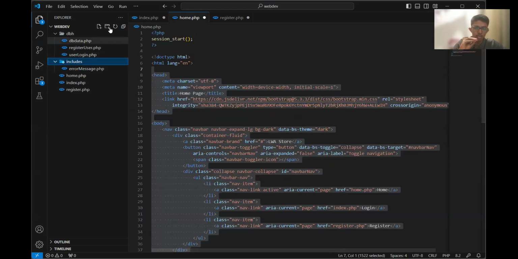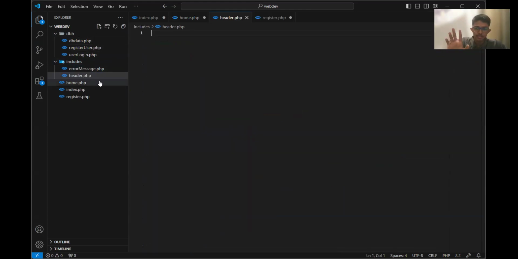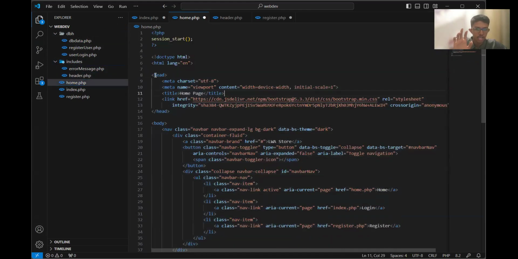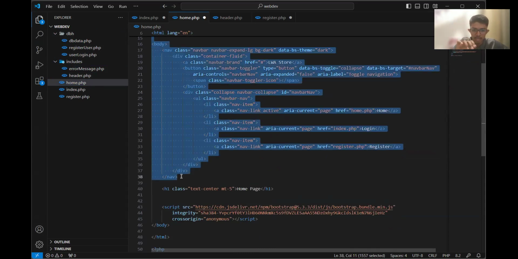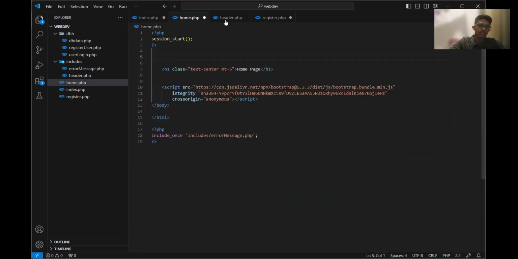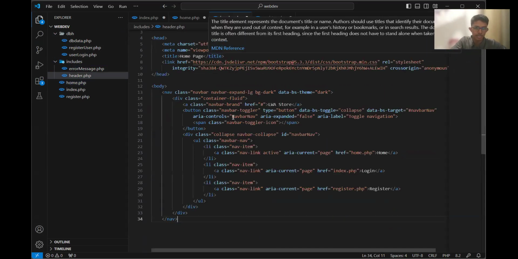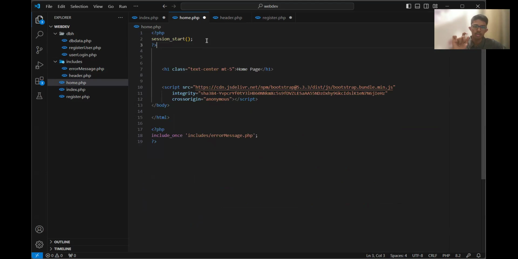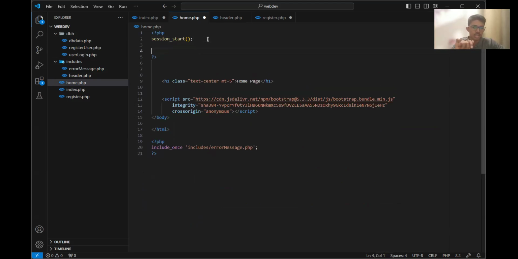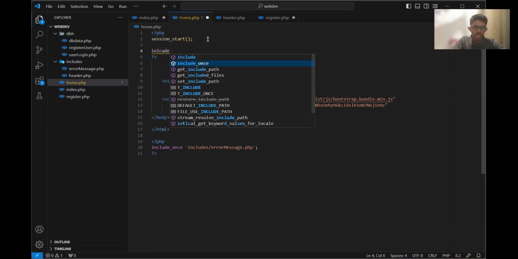To do that, I'll go to my includes. I'll create a new file called header.php. Inside this file, I'll go to my home page and I'll copy from the doc type HTML part. I'll take all of the content until the nav ends. Until you see the closing tag of nav, I'll cut all the code and paste it in header.php and save it. And I'll go here to my session start code and I'll do something called include once